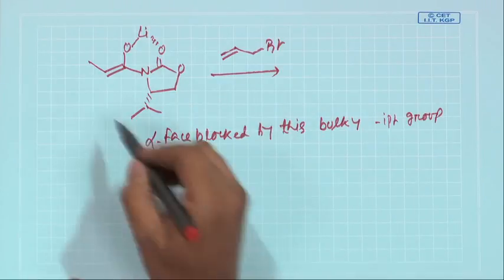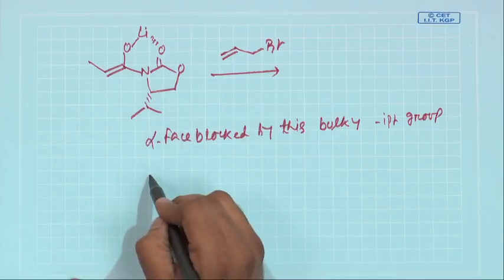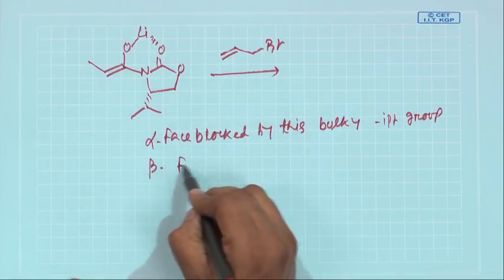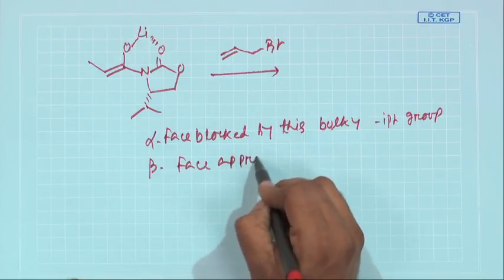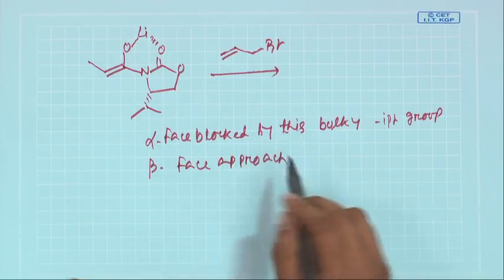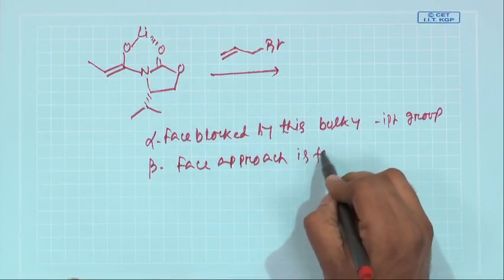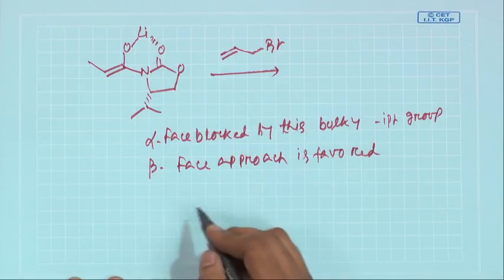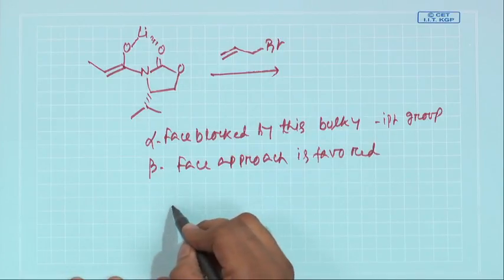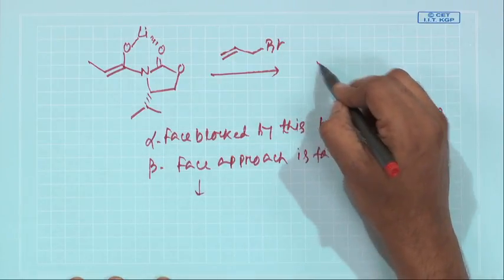So, then your incoming electrophile only will get the beta face approach. Eventually, this explanation will be quite clear if you use a simple ball and stick model. So, beta face approach is now favored, and then finally, if you now react these things, okay, you get